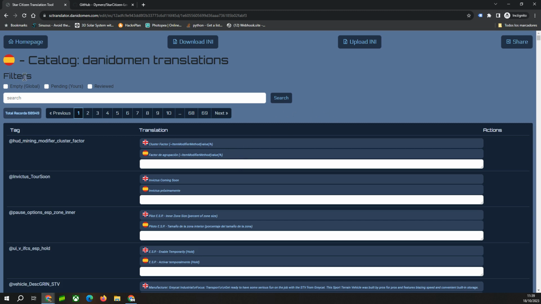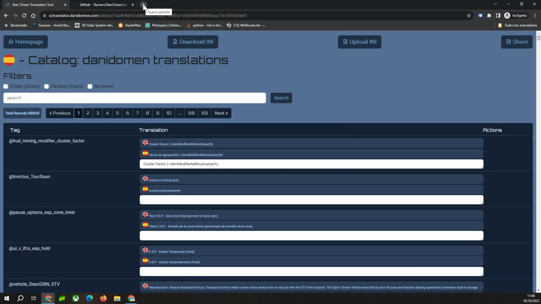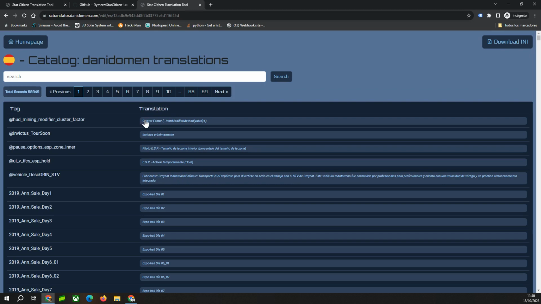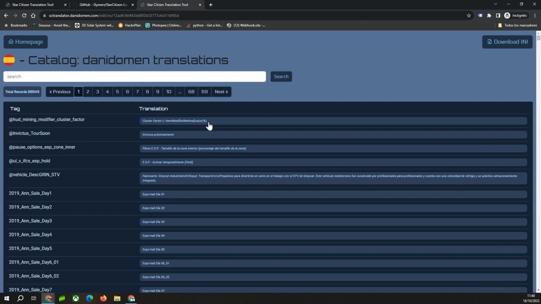But imagine that in Spanish, I want to refine some of the wording. Okay, now as an editor, I can click here, and this one will be what is downloaded by a public user. If I share the public URL for this translation, you will see that it downloads everything in Spanish, that is these ones.